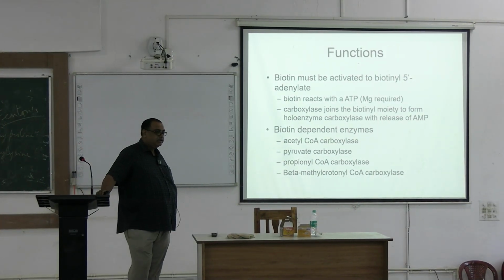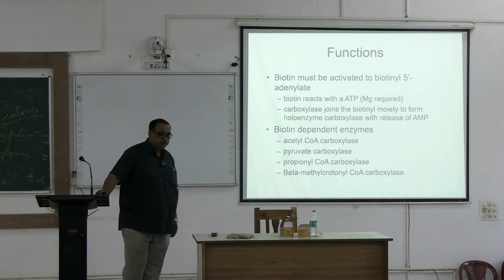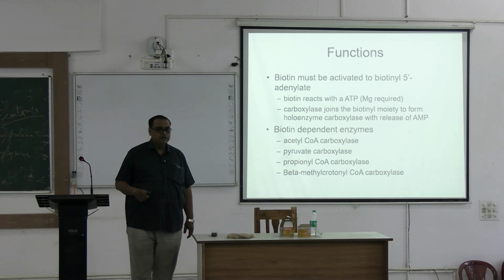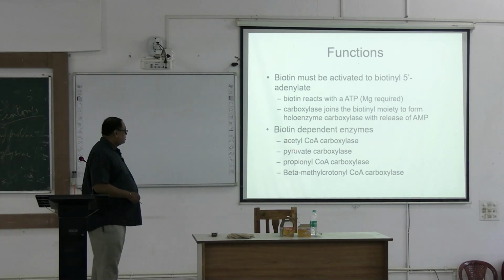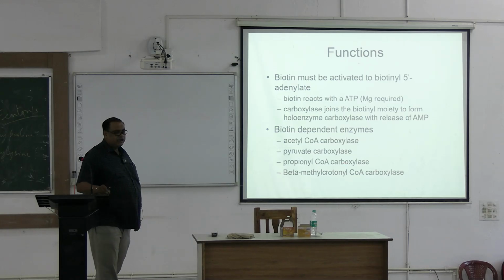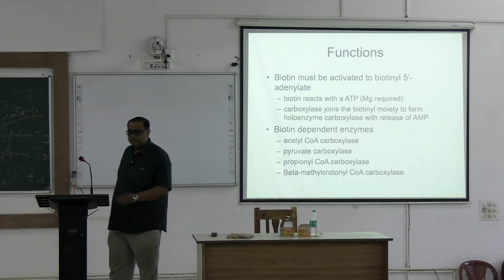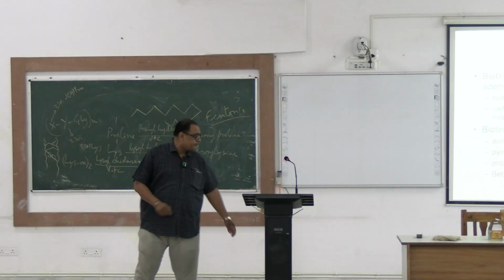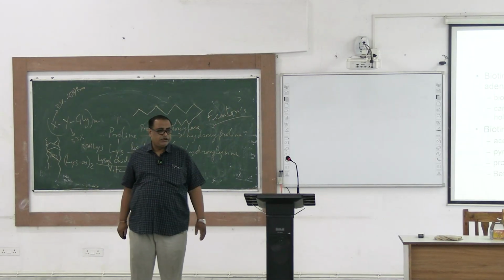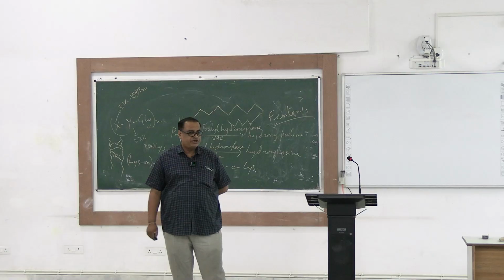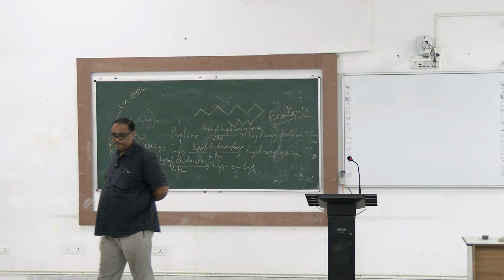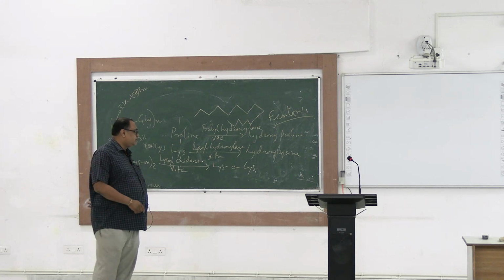পাইরুভেট কার্বক্সিলেজ কোথায় লাগে রে? গ্লুকোনিওজেনেসিস মনে আছে? অক্সালো অ্যাসিটেট তৈরি করতে লাগে। পাইরুভেট কার্বক্সিলেজ টু অক্সালো অ্যাসিটেট, গ্লুকোনিওজেনেসিস পাথওয়ে। প্রোপিওনাইল CoA কার্বক্সিলেজ কোথায় লাগে? প্রোপিওনাইল CoA টু ডি-মিথাইল ম্যালোনাইল CoA। বিটা মিথাইল ক্রোটোনাইল CoA, এটা মনে নেই তোদের, পারবি না। ব্রাঞ্চ চেইন অ্যামাইনো অ্যাসিড মনে আছে? তার ক্যাটাবলিক পাথওয়ের একটা স্টেপ, বিটা মিথাইল ক্রোটোনাইল CoA কার্বক্সিলেজ।